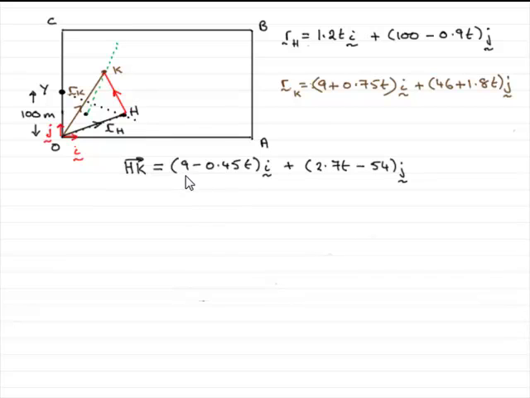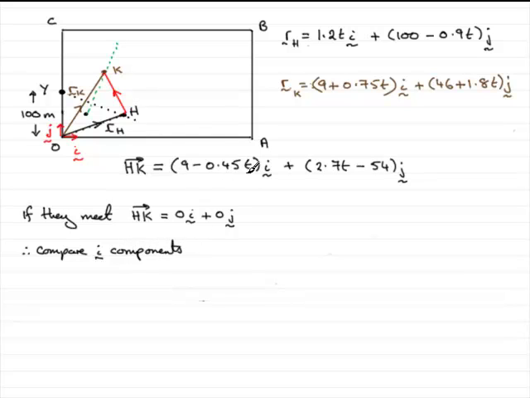So that means that this component must come to 0 and this component must be 0. So let's just put that down. If they meet, okay, so I'm not saying that they do meet at this stage, but if they do meet, then the vector h to k must be what we call the null vector, no i plus no j. So that means that therefore if we compare the i components,